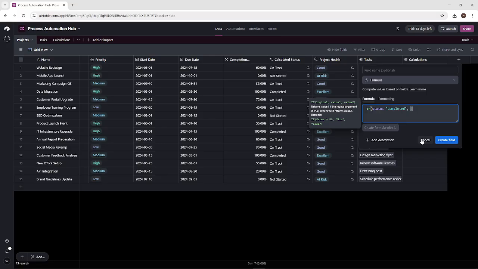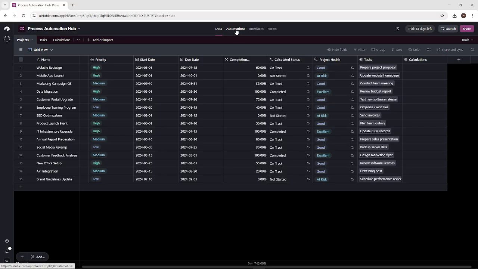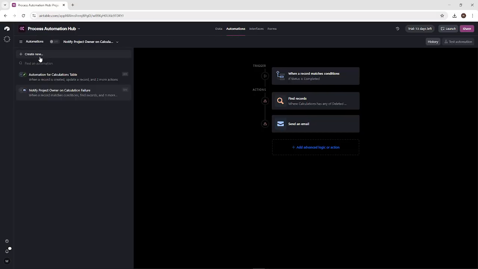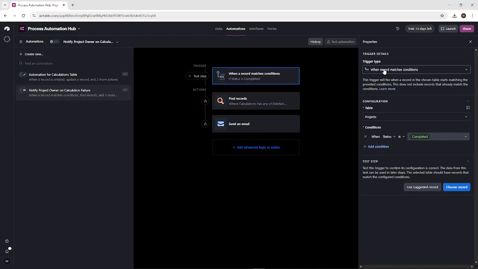Open the Automations panel in the top right and select Create an Automation. You'll choose a trigger next, such as when a record is created, when a field changes, or when a condition